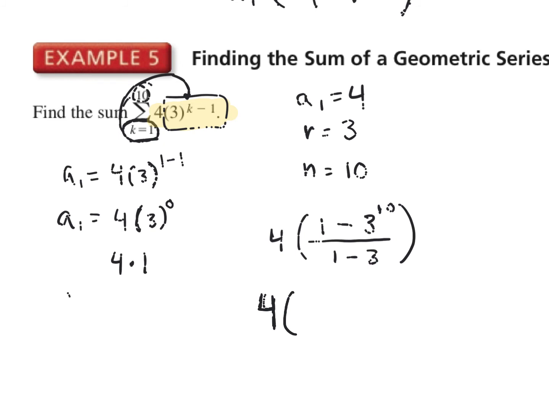And 1 minus that would give us negative 59,048. And then 1 minus 3 on the bottom would give us negative 2. So negative 59,048 divided by negative 2 would be